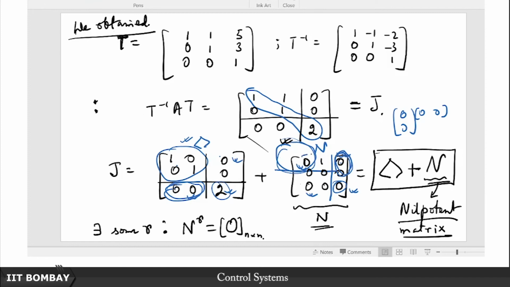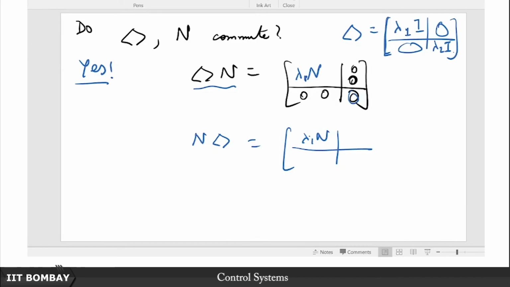The idea is that you multiply this now with this and you get 0, and then you multiply this with this, so that is your 1, 2 block, that will also be 0. So eventually you just take it as an exercise and you notice that this is not just true of this particular example we have taken, nothing special about this, it is going to be always true that this diagonal form